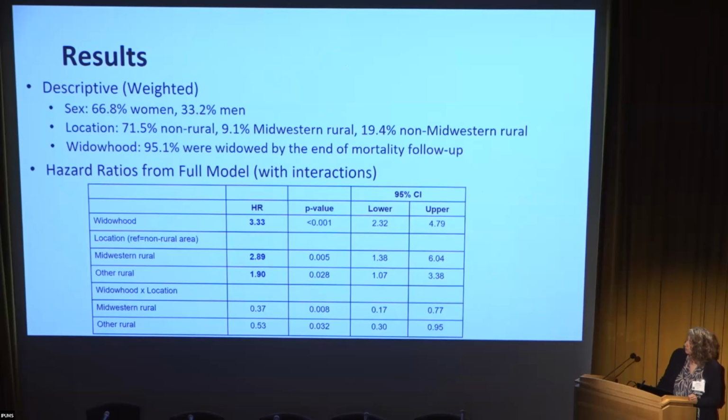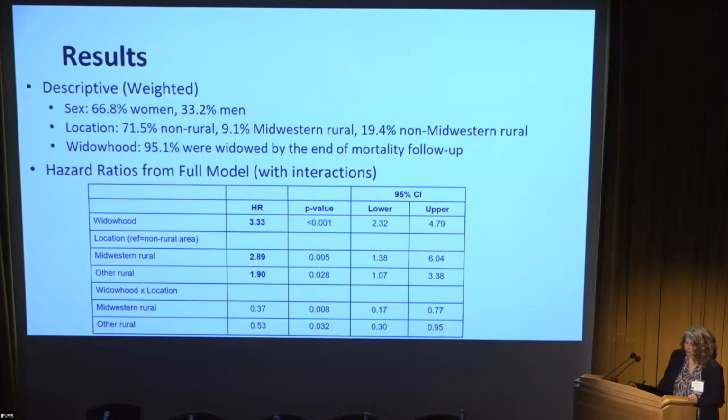Roughly 67% of our weighted sample were women and 33% were men. 72% resided in non-rural areas, 9% in Midwestern rural areas, and 19% in other rural areas. By the end of the mortality follow-up period, 95% of our population had experienced widowhood. We find that the widowhood effect is largest for those who do not live in rural areas, with a hazard ratio of 3.33. Those who were not yet widowed,